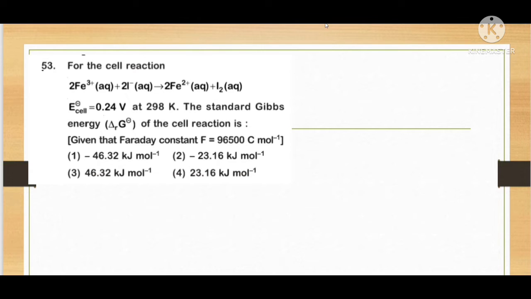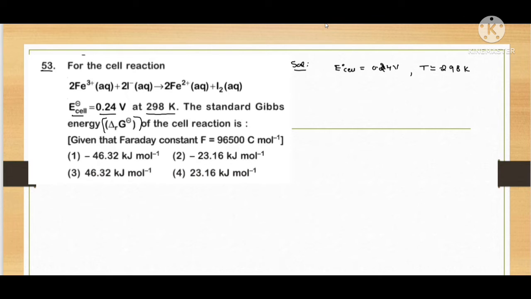Now let us discuss 53. For the cell reaction, they have given that E naught value equal to 0.24 electron volt at temperature 298 Kelvin. You have to calculate its standard Gibbs energy of the cell reaction. Firstly, we write the given data. They have given that E naught cell equal to 0.24 volt, temperature equal to 298 Kelvin,